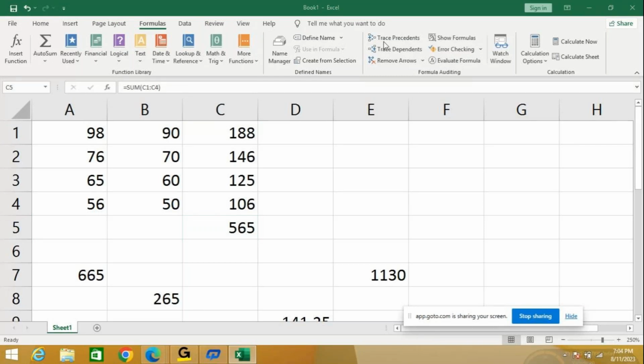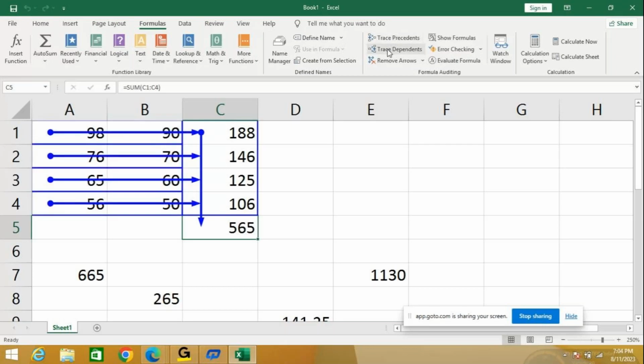Now I'll go to the formula tab, click on trace precedent, as well as click on trace dependents. Trace dependents means all these cells are dependent on this cell. So A7 is dependent on which cell? C5. A7 is dependent on C5, and B8 is dependent on